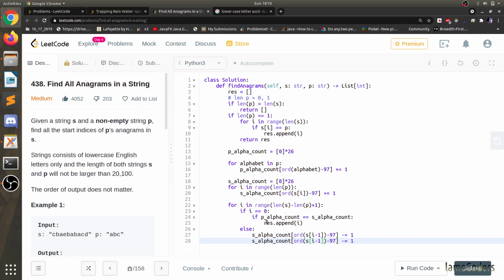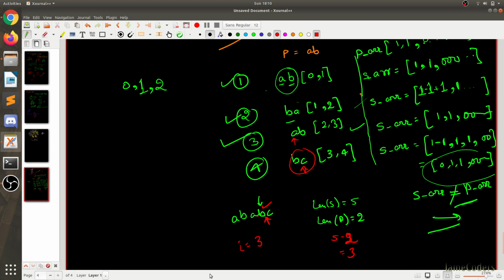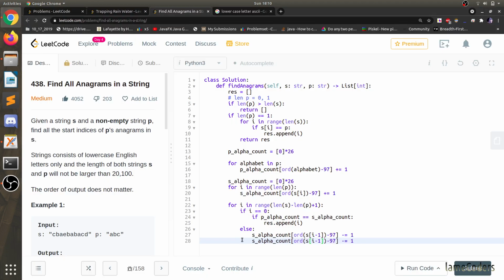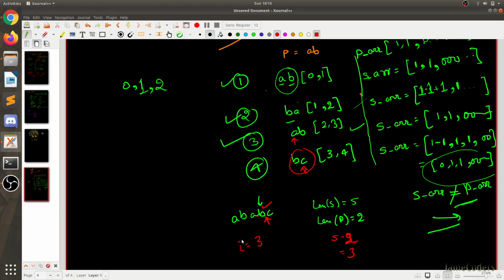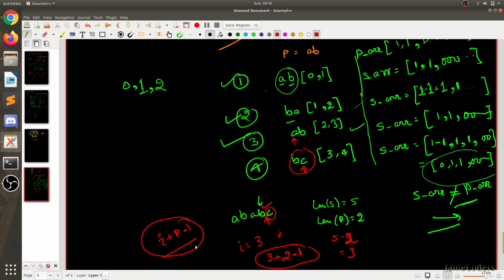And it will traverse till 3 plus 3 minus 2, length of p. We are here: I plus p. And we have to remove this now. So I, like 3 plus 2 minus 1. We can take this such that I plus p minus 1. We have to remove this, or add this one, sorry, add this one and then check it.